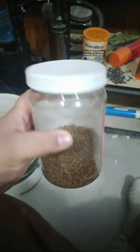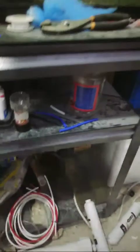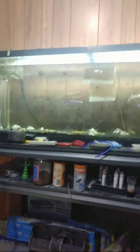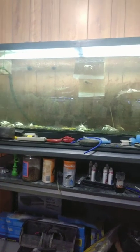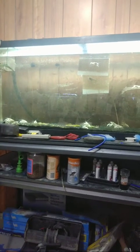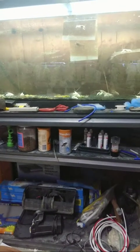I have some left over. This is my second bottle of San Francisco Bay. It's a huge bottle. It lasts a while. Because this used to be my wild fish tank. I would go to the lake and pluck out small little fish from the lake and just let them swim around in here. But after a while...